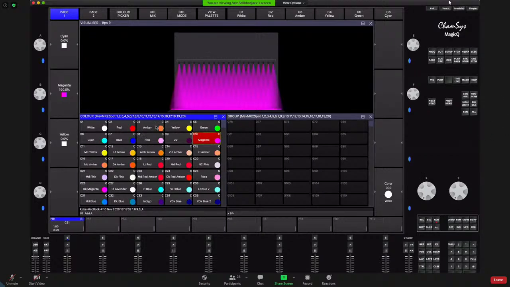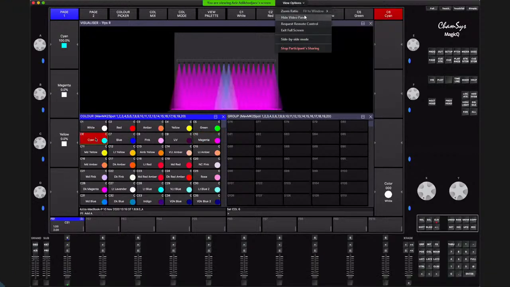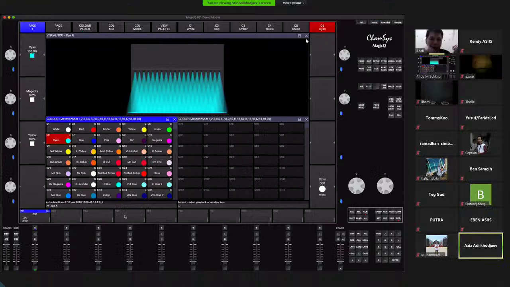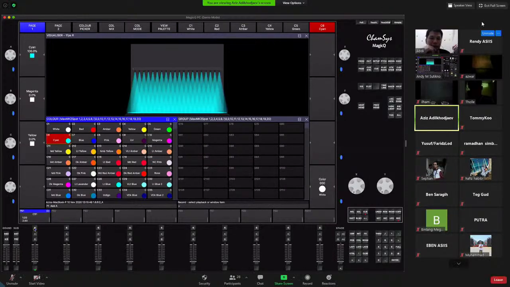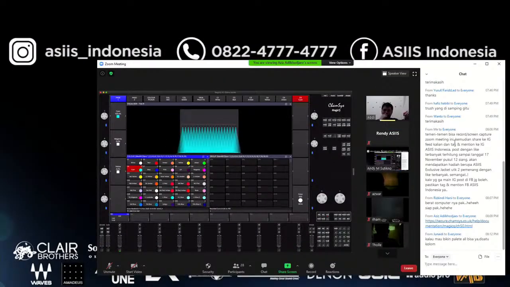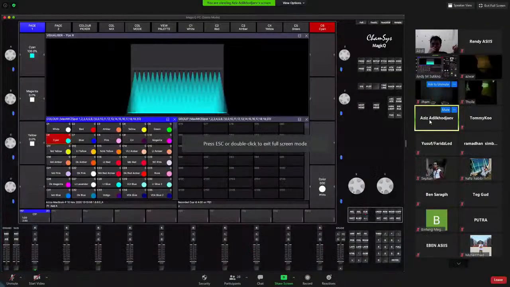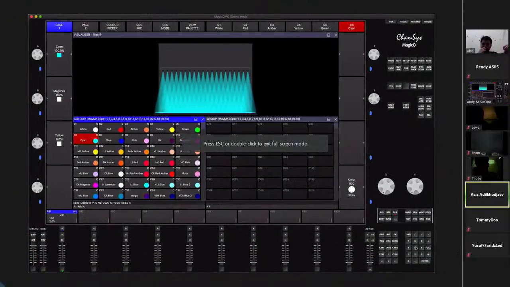And then we press, for example, cyan. Yes, then we choose blue, cyan. And now you press record, click record again, and you click on playback again. And if you want to do random, you press, for example, 5